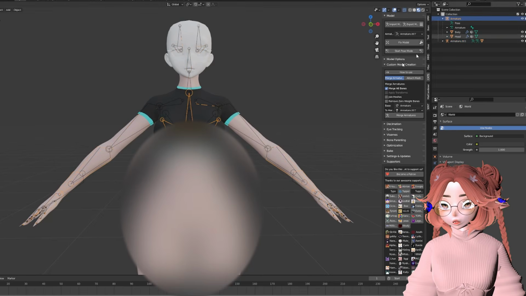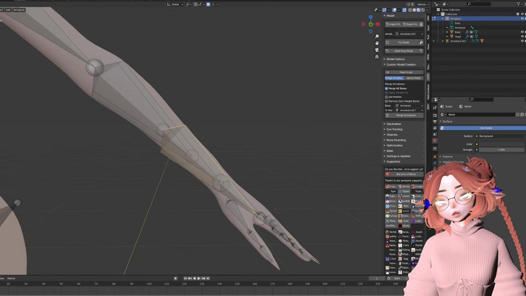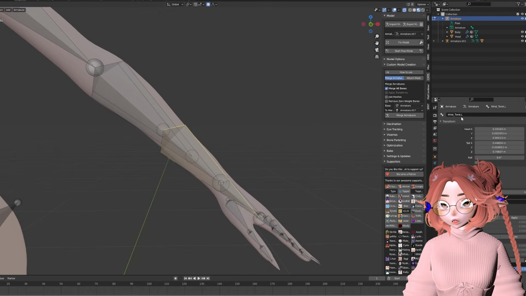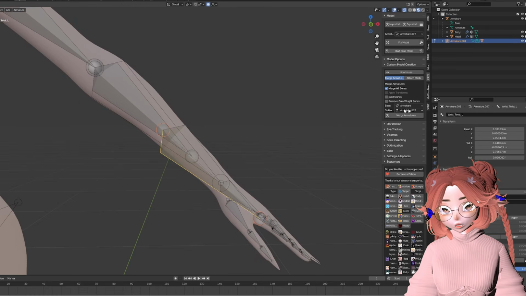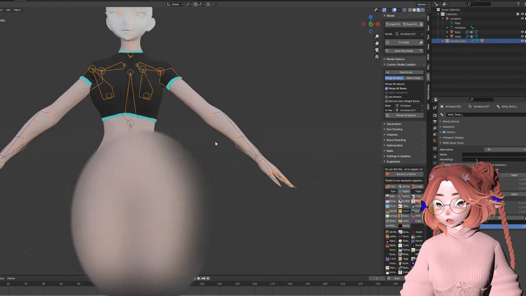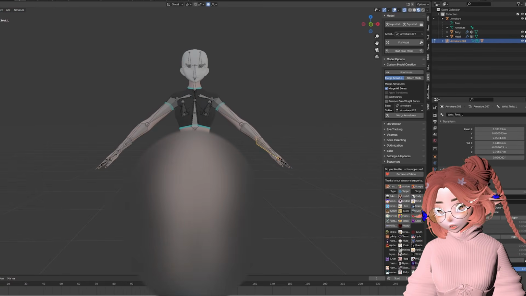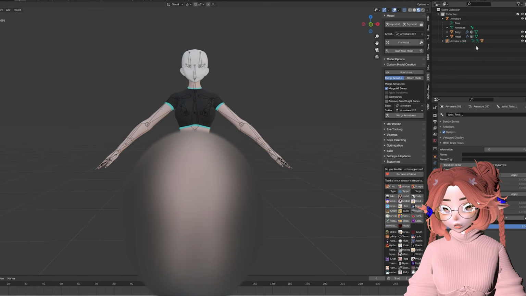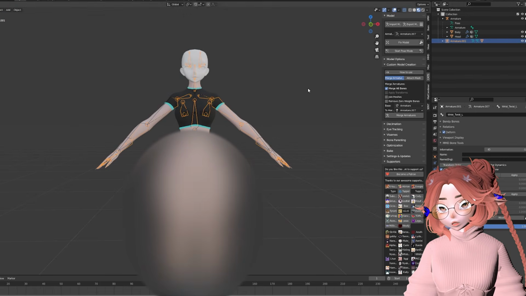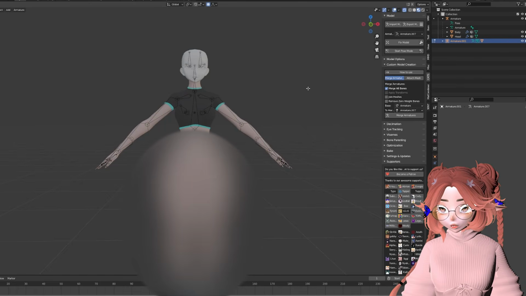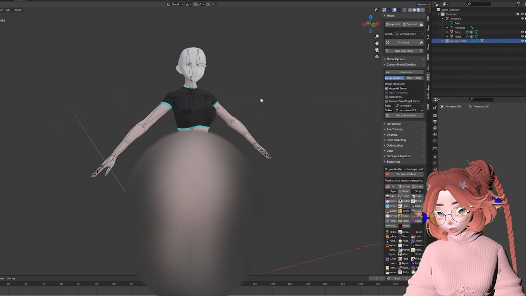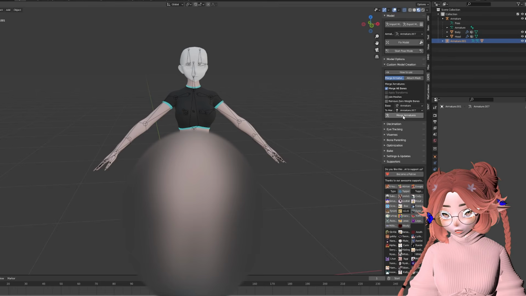The reason I'm deleting the bones is because if I didn't, as you can see here, the twist bones are actually named differently from the body that I have. But wrist underscore twist dot L versus underscore L will cause me to have two twist bones. And that's an issue because when the twist bone moves, only one of them is going to move. So I'm going to go ahead and delete all of the bones on the shirt armature, select merge all bones,